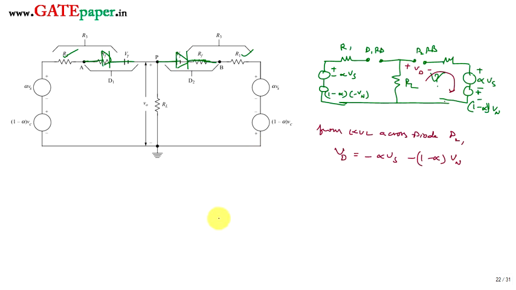So the worst case condition is nothing but it may enter into forward bias. So worst case condition is,